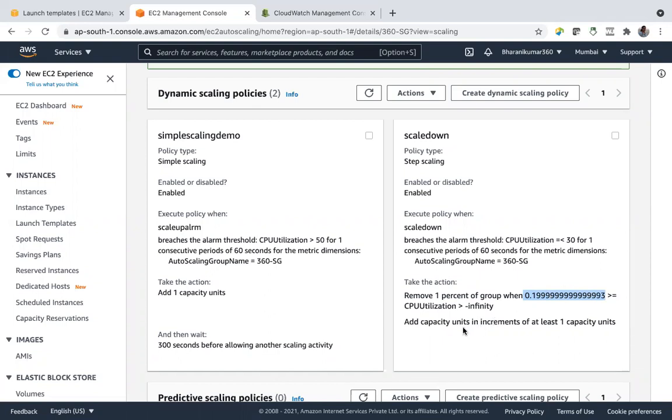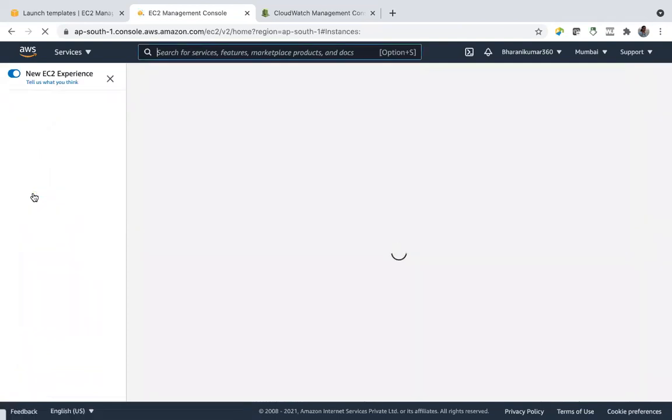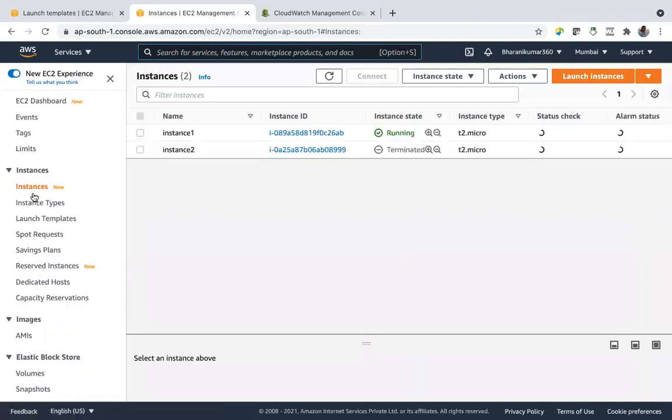And what it has to do, it is adding capacity, let's say instances. See, one instance got terminated when I changed this.